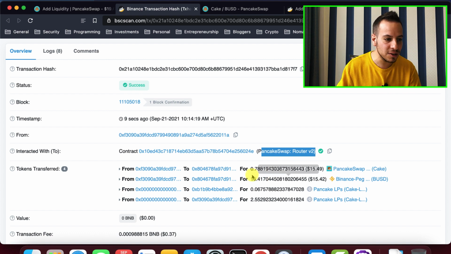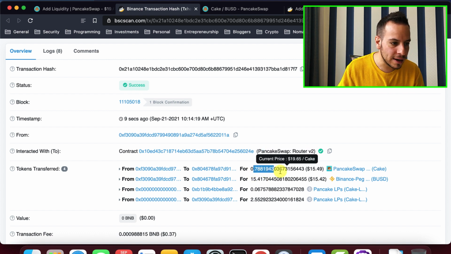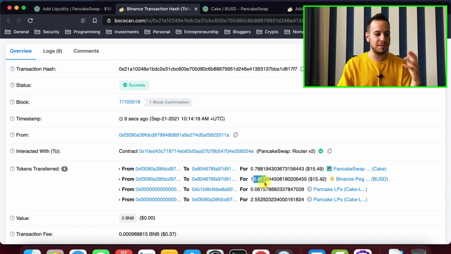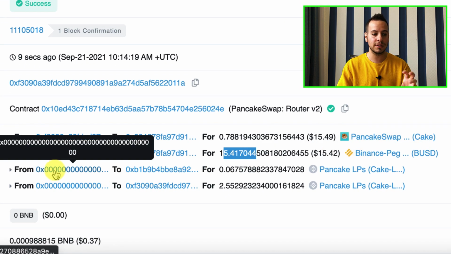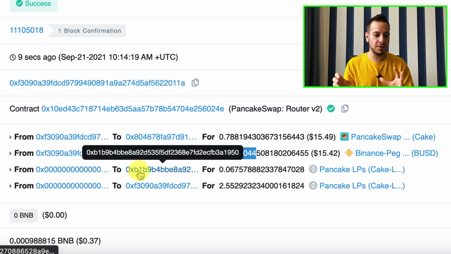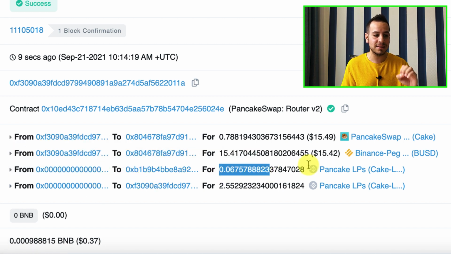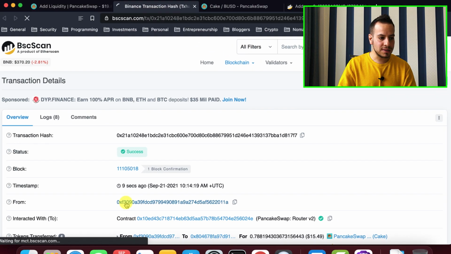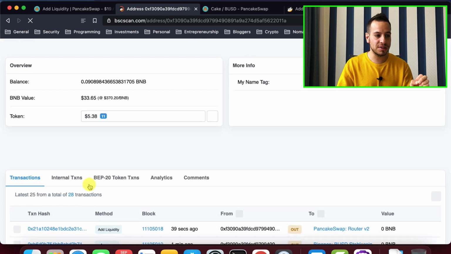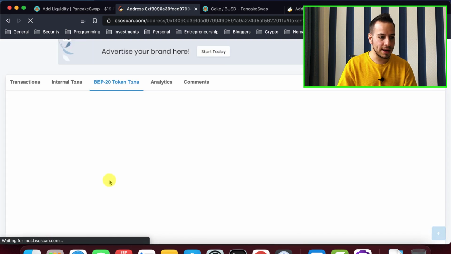I sent 0.788 cake tokens and 15 BUSD tokens, and in return I got from the smart contract this kind of liquidity pool tokens. How do you know that you got it from the smart contract? Because you can see that the address I received it from is 00000. So now let's take a look at the wallet in the BEP20 transactions, and you can actually see that